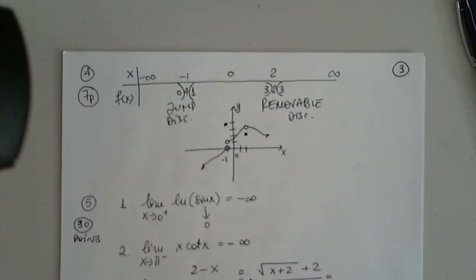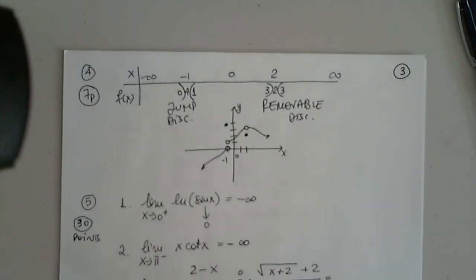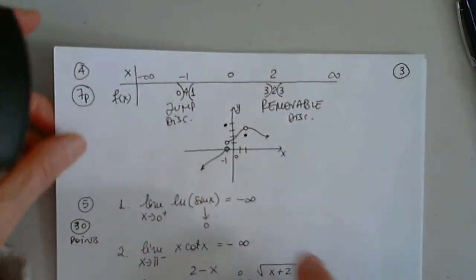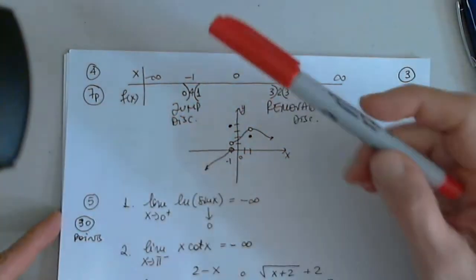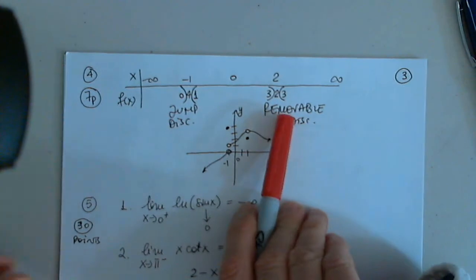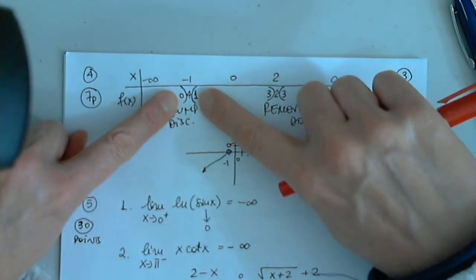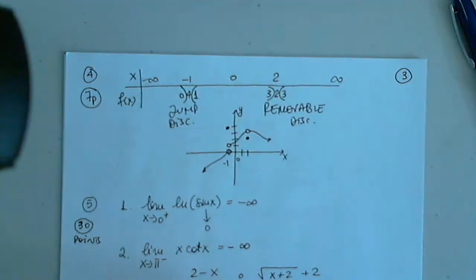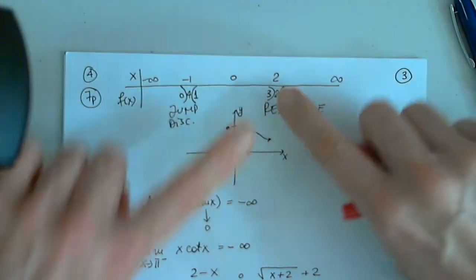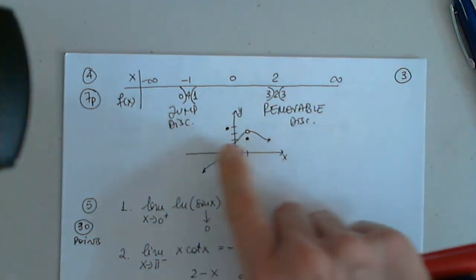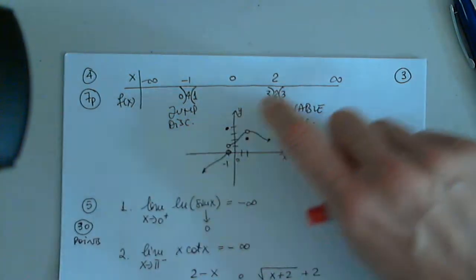The next problem was asking us to use the information and create a function, an example of a function. So I put everything in the table, the limits from the left and from the right, 0 and 1. -1 at -1 is 4. The limits from either side are 3, so this is a removable discontinuity, this is a jump discontinuity, and at